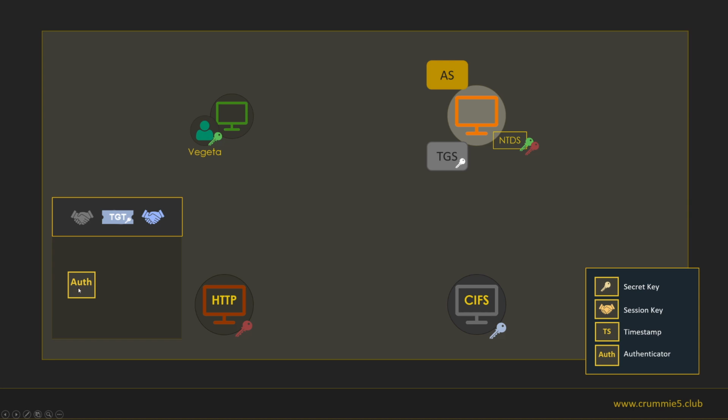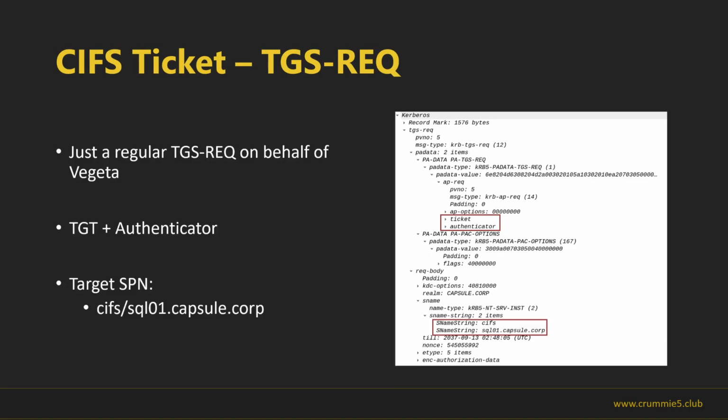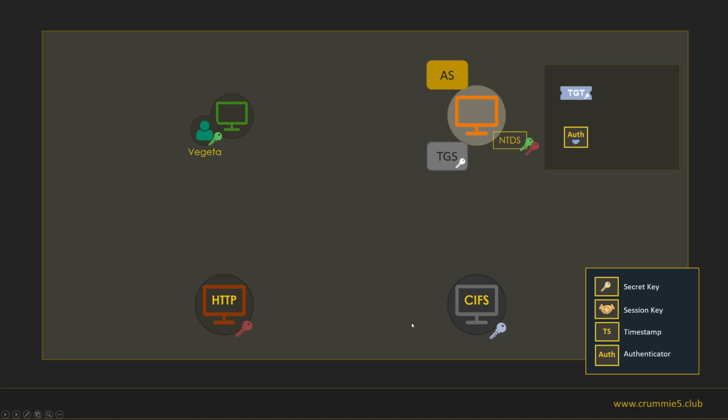So the service creates an authenticator, encrypts it with the mutual session key, and sends a TGS request, a regular TGS request on behalf of Vegeta. We can see here the TGT, the authenticator, and the target SPN is CIFS SQL01.